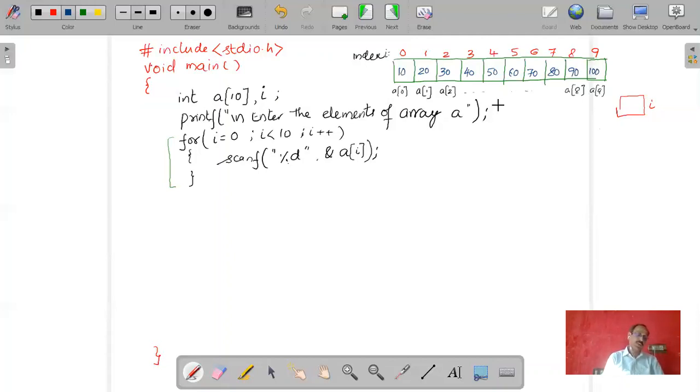Now I want to print the elements in this order. So for printing, before printing the elements, I'll write printf, the elements of the array a are, and now I want to display all the